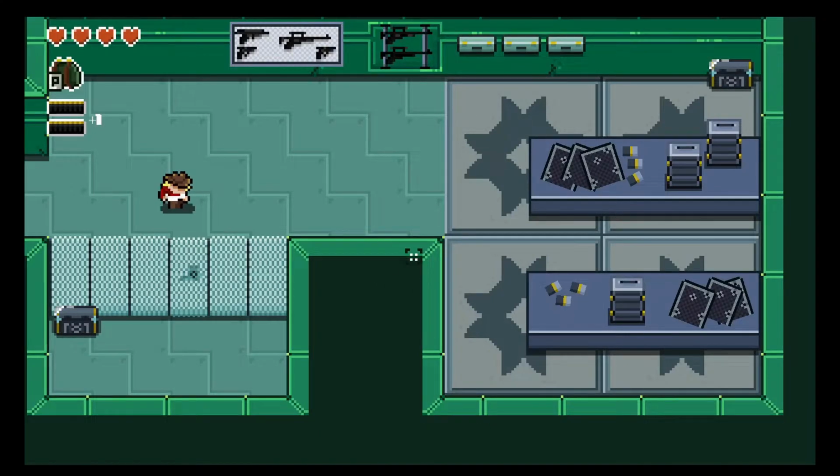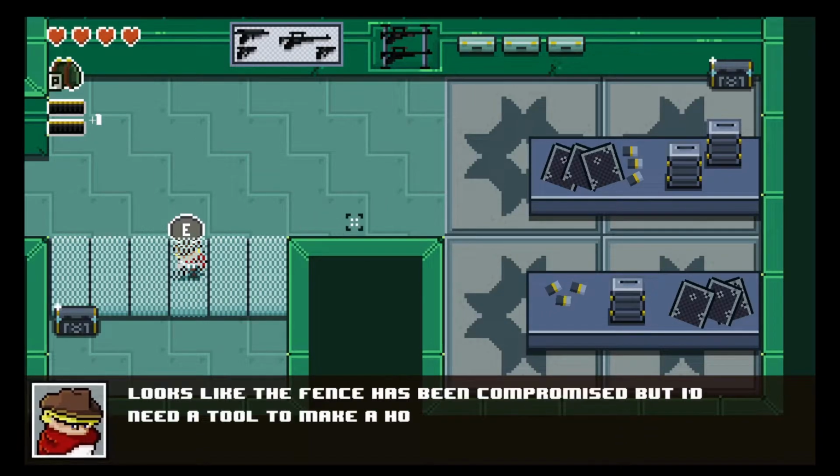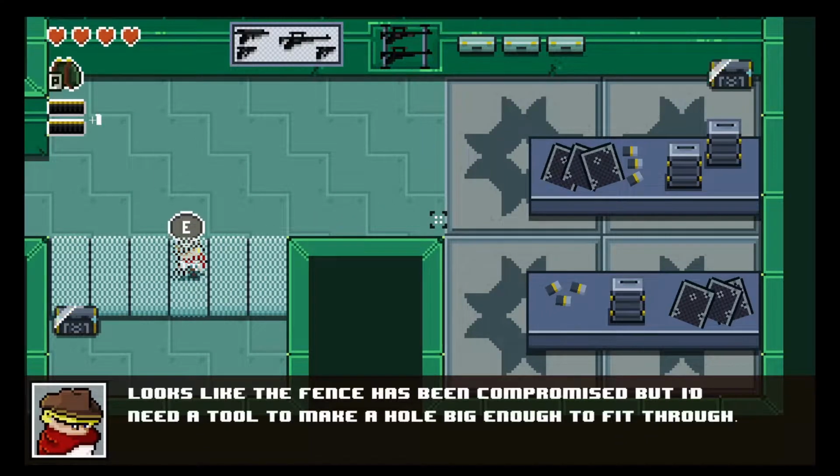So you can come into the armory now. And you can see the integrity of the wire fence here is not quite what it should be. And there's obviously no way to get in to get that chest, but you can come over and inspect it. It says, looks like the fence has been compromised, but